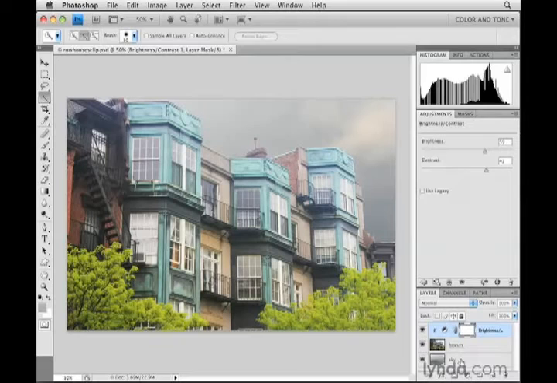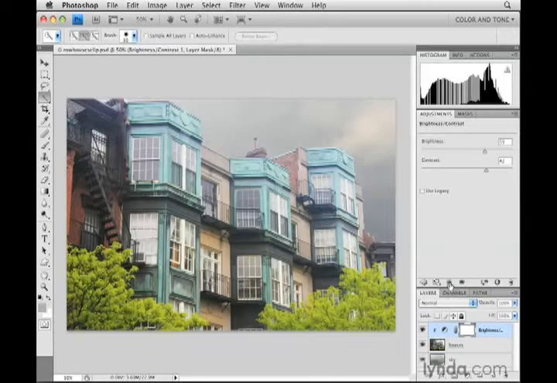You can see that the adjustment layer is clipped to the layer below it because it is indented and it now has this down-facing arrow on it. I could add more adjustment layers on top of this one and clip them to one another just the same way. If I want to unclip the adjustment layer, I just make sure it's selected and I click the clipping